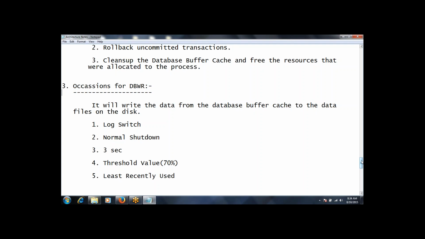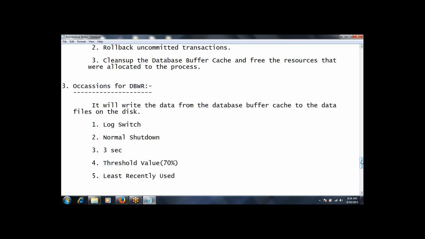If it's 70% and above, then also it gets invoked. And if a particular database file is not being used continuously for a certain given period of time, that is, least recently used, in all these occasions, the database writer gets invoked.